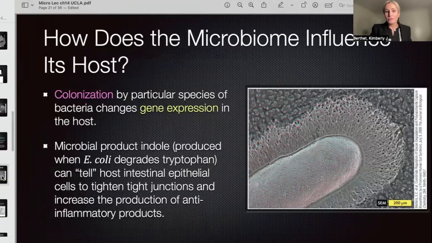Okay. Moving forward, we want to look at how our microbiome can influence our host itself. The microorganisms living within us can actually alter our gene expression. We said they can change our hormones and train our immune system. Well, they can also alter our own gene expression, so they can communicate with our body. The depth of interaction between our body and microorganisms is really unknown, and it's a new field. We're going to talk more about the gut-brain axis in just a bit too.